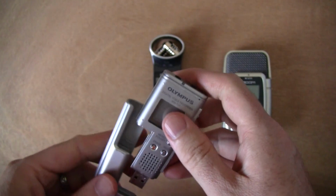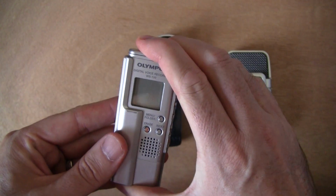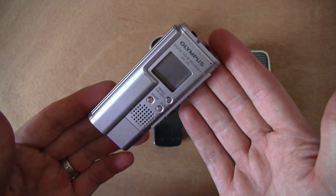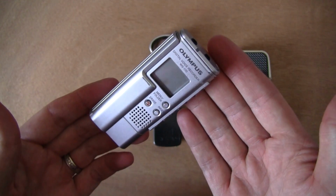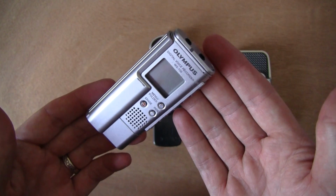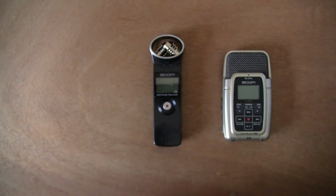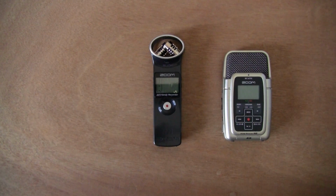Well, almost. These recorders recorded in what was called a WMA, or a Windows Media Audio format, and that format was very, very difficult to edit. So you had to run it through a different conversion program so that you could get it into the audio editor of choice that we have, which is Audacity. So we've started moving away from these, and in the fall of 2012 we've started recommending that students pick up